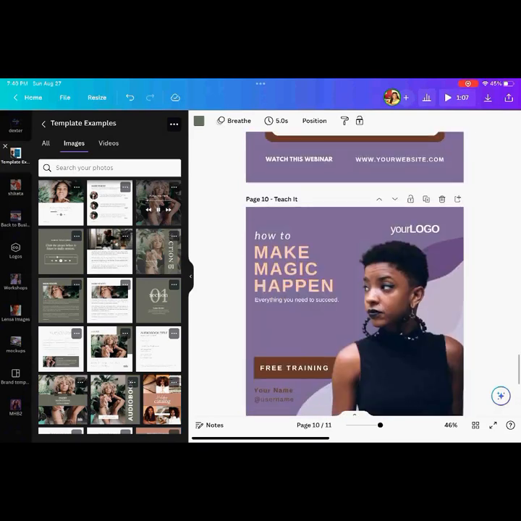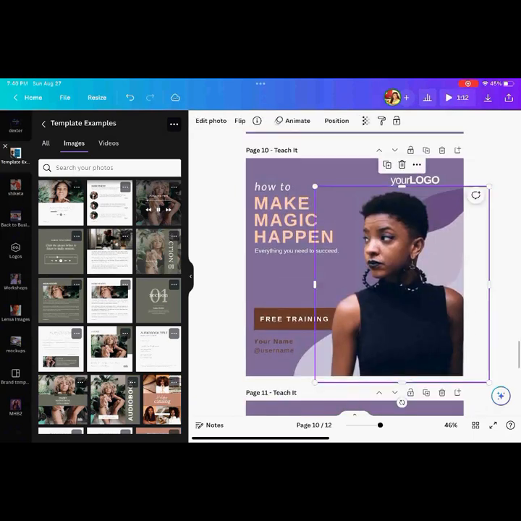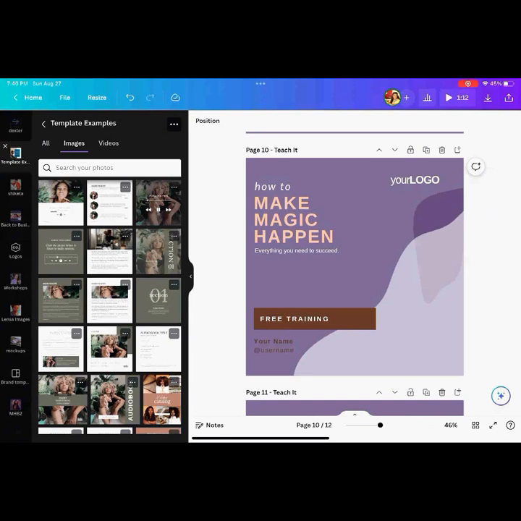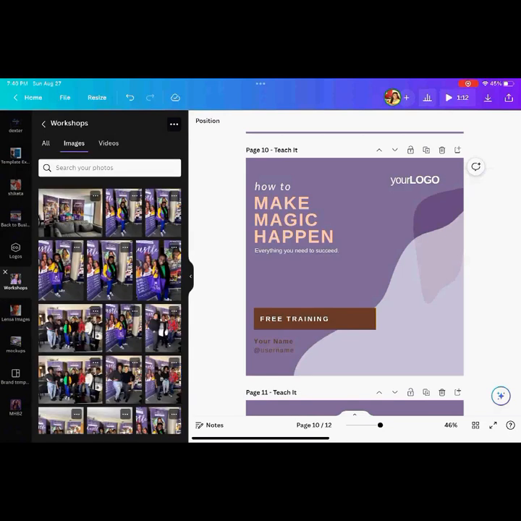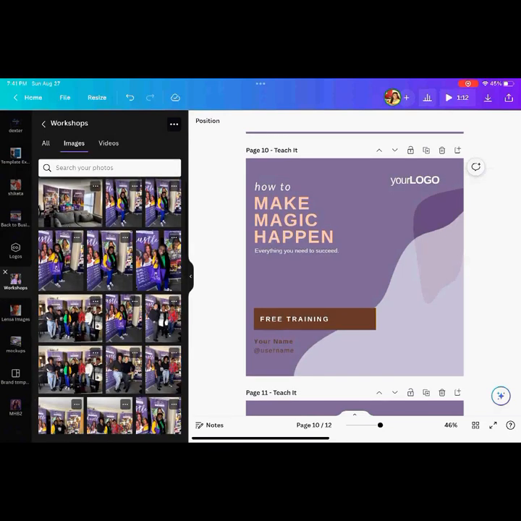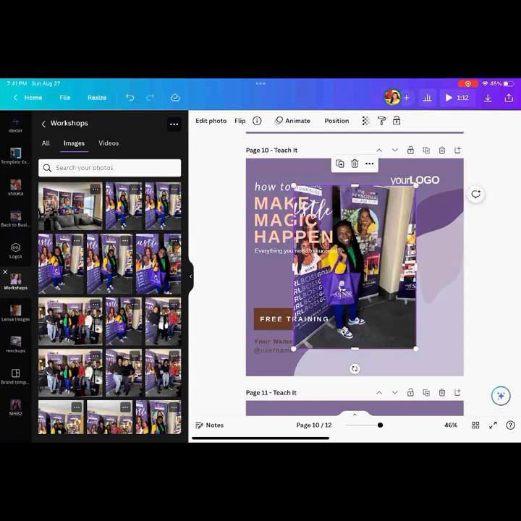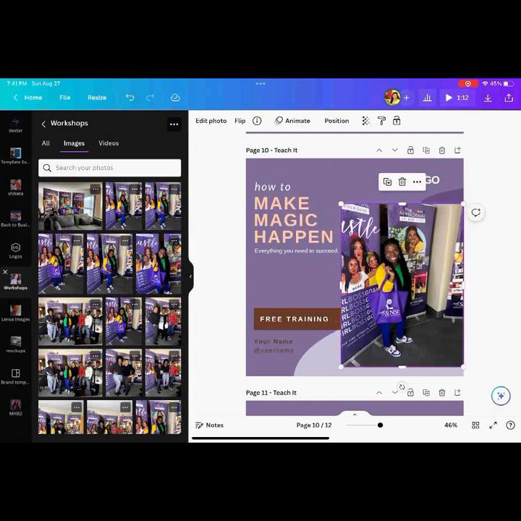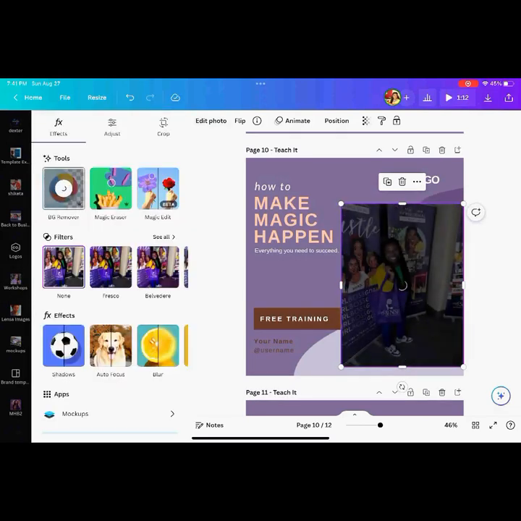Oh, this one was the one that I was showing you before, and I backtracked, where if you wanted to use her, great, but you don't have to. You could use other stock photos, or you could even use your own images. So I'm going to take one of my favorite images from one of the last webinar workshops that I did. The next one is coming up in October. So I'm just clicking remove background.